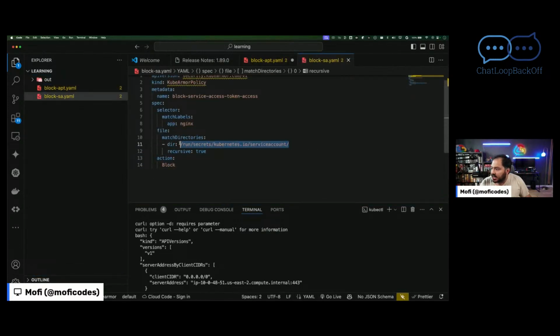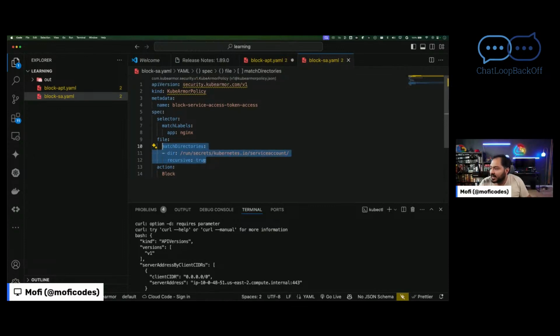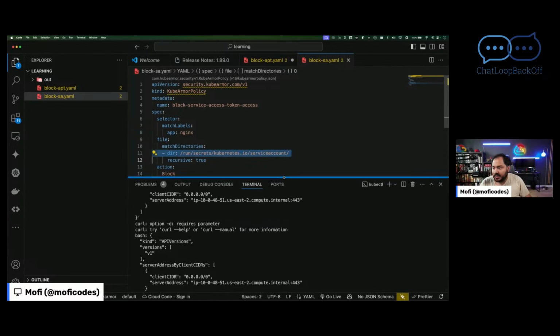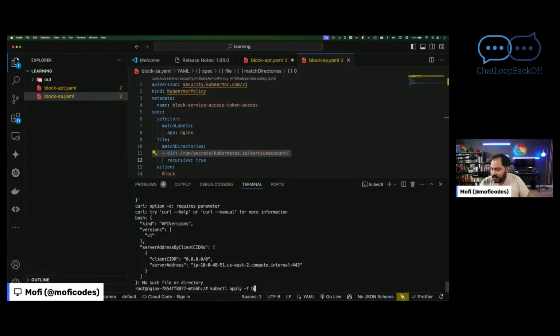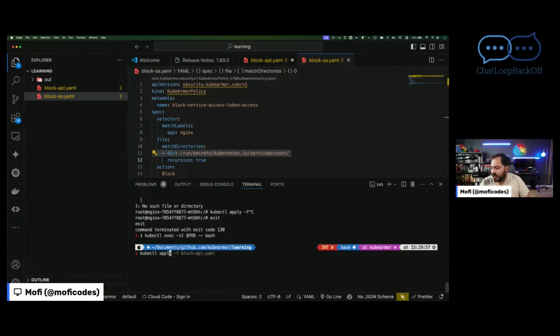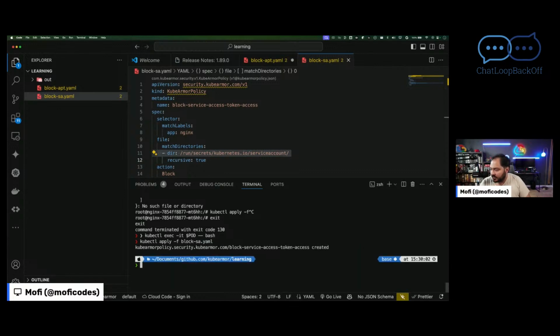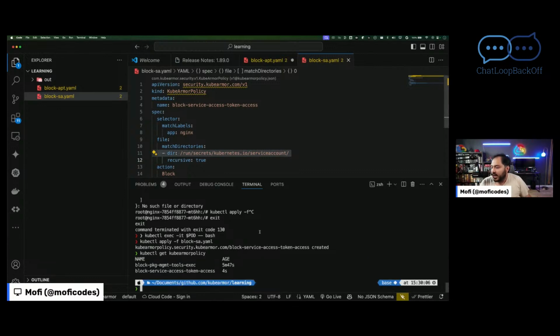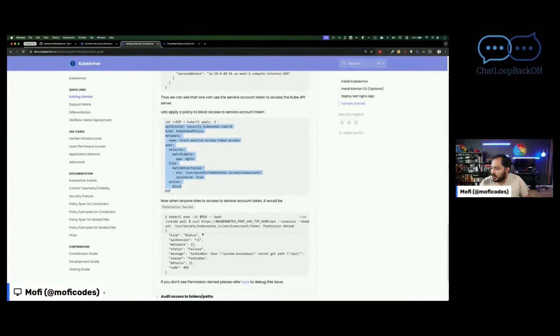What it is doing is basically recursively blocking any process from accessing this directory, which is /run/secrets/kubernetes.io/serviceaccount. Inside your pod, this particular path has been mounted with the service account. So if I apply this, kubectl apply -f block... I'm still inside, so I'm going to exit out. And I'm going to say kubectl apply -f block-sa.yaml. Now, if I do kubectl get KubeArmor policy, I would see that I have two of them. And if I were to exec into the pod to get a terminal and then try this again,